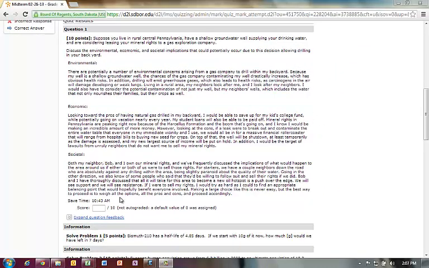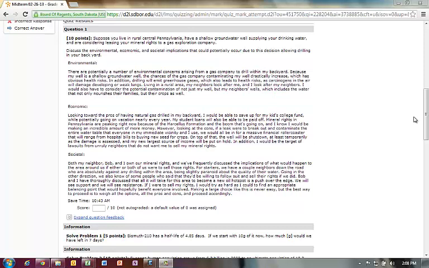And then societal impacts. It could be some issues with your neighbors, if some have mineral rights and some do not. You can have profound changes in, let's say, the town that you live in. Lots of people from outside coming to work there, and there could be some pros and cons. Some of the restaurants and businesses might do quite well, but there's going to likely be increased crime and so on and so forth. So I was looking for a pretty detailed discussion, and this is a good example